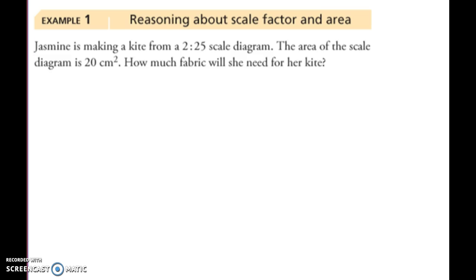It says Jasmine is making a kite from a 2 by 25 scale diagram. The area of the scale diagram is 20 centimeters squared. How much fabric will she need for her kite? Okay, so let's use this formula that I just talked about. So area of diagram